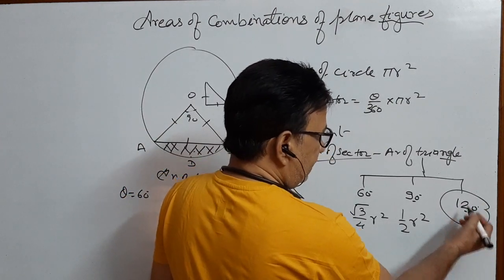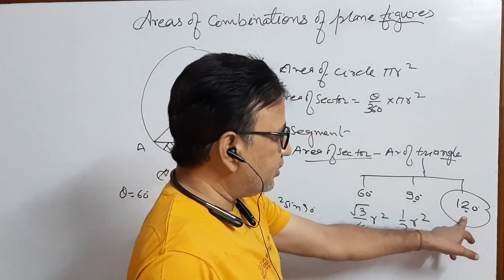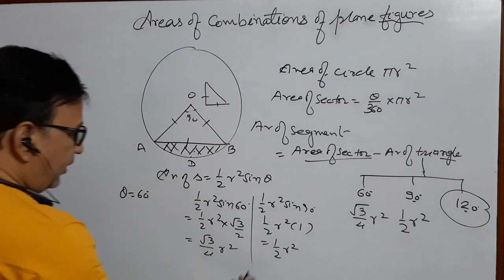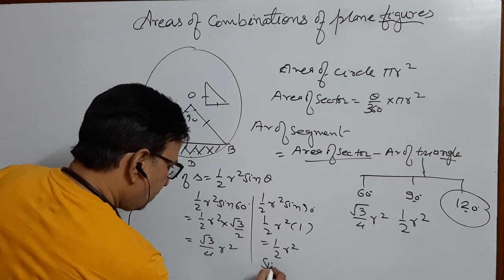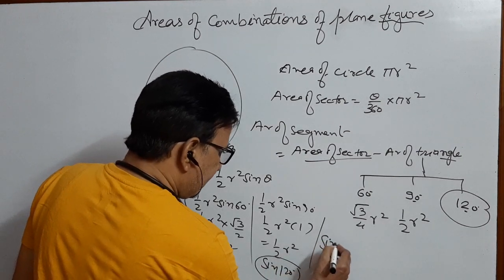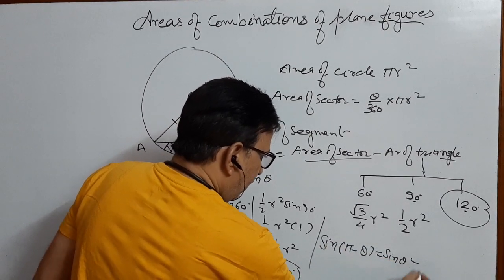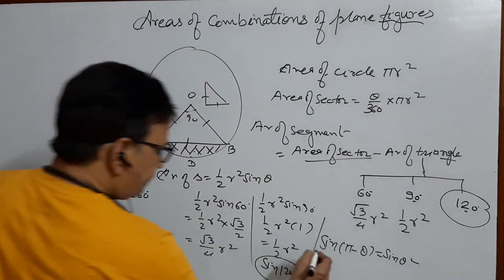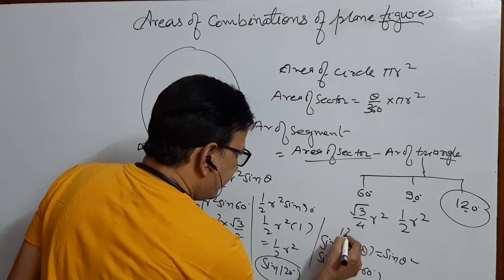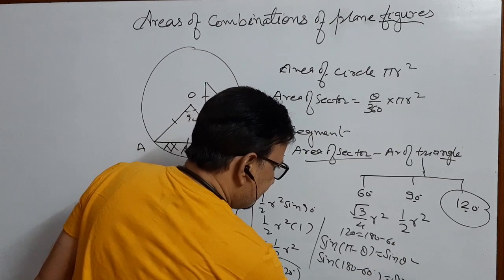This year, for 2020, it is not included in the CBSE board. Okay, 120 is in a related portion, but just see, for 120 there is a very simple formula. You can use the trigonometry formula: sine of 180 minus theta is sine theta. Just remember it. So we can write sine 180 minus 60, because 120 can be written as 180 minus 60. So it becomes again sine 60.